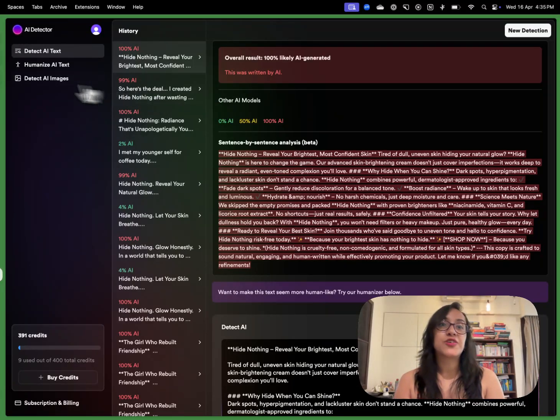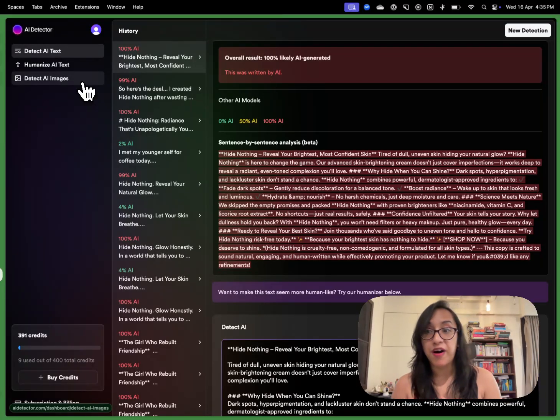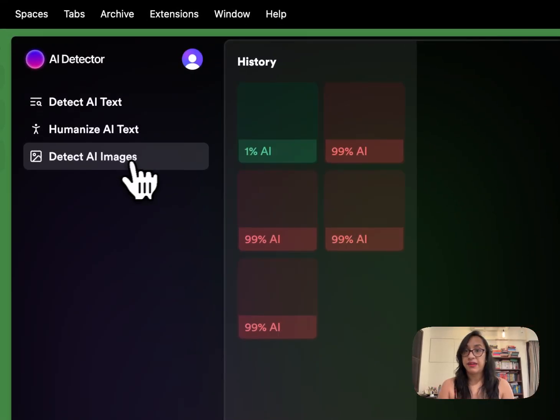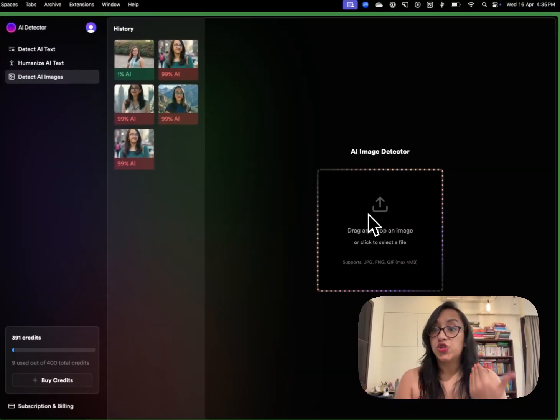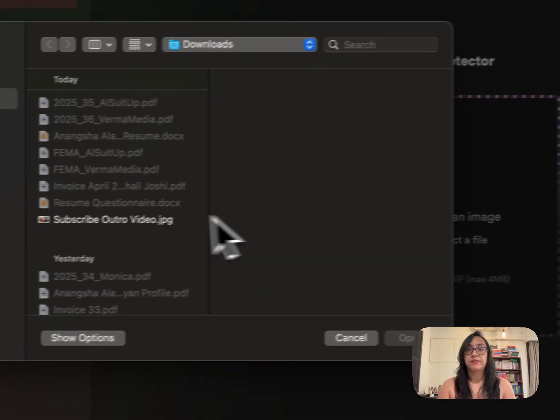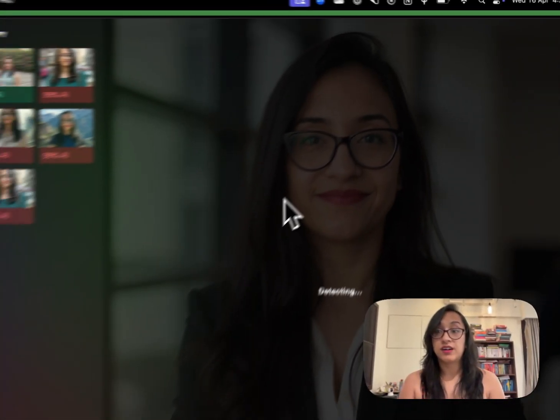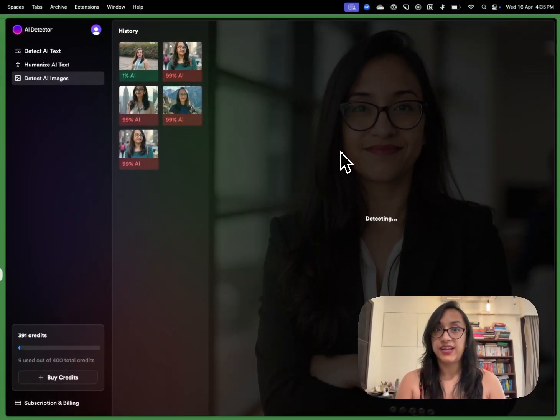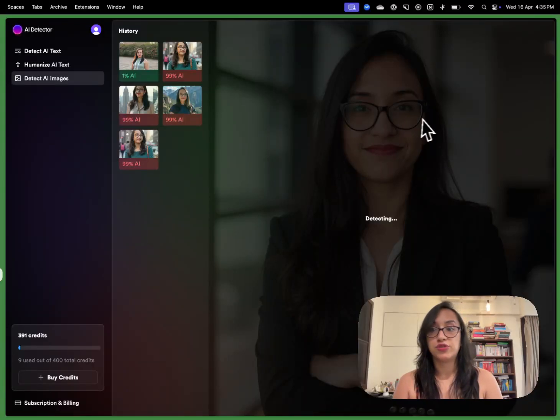It also has a humanize AI text option and a detect AI images option, which is super powerful in its own nature. So let's click on detect AI images, and I will use this to test an image that was actually generated by AI. So this was an image that I used PhotoPax AI to generate, and I have uploaded it on this tool to test how accurately it can detect AI in this image.